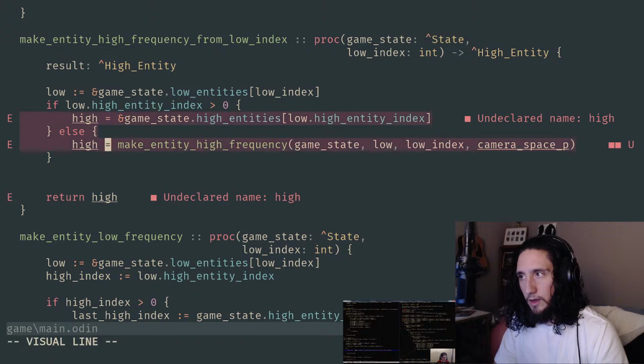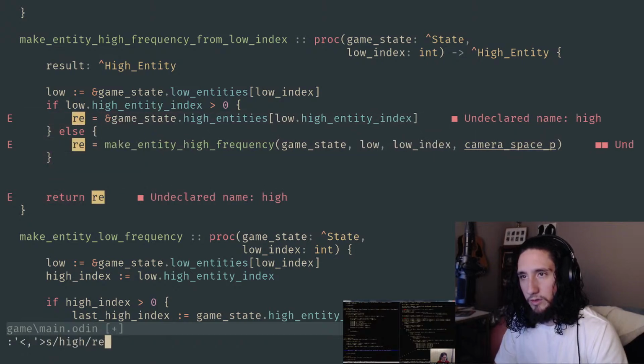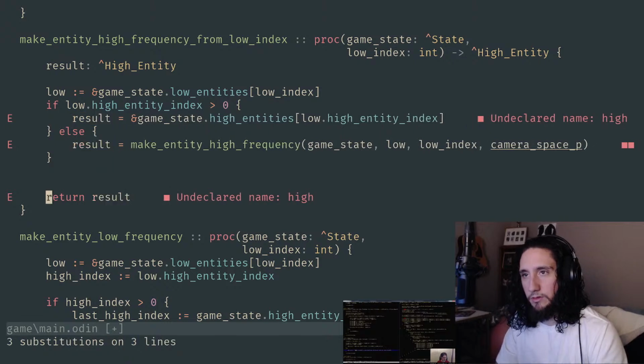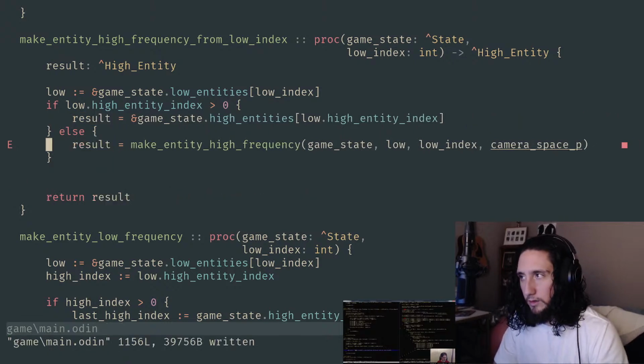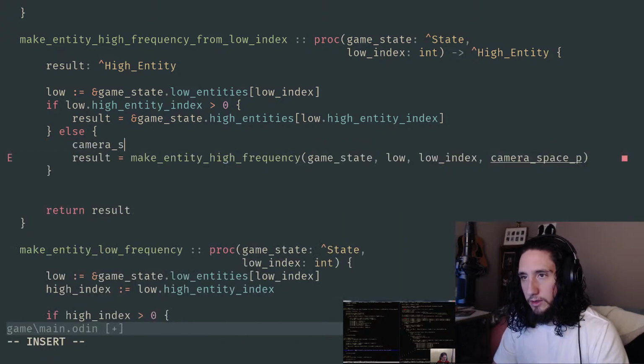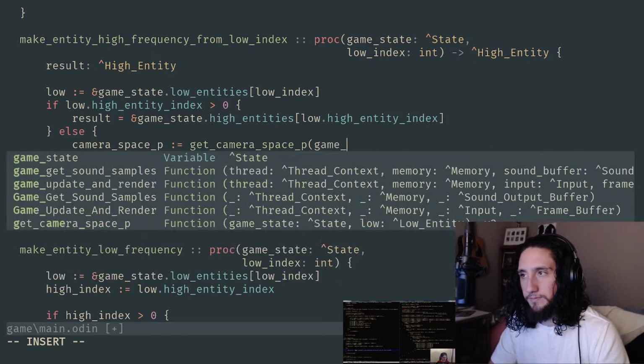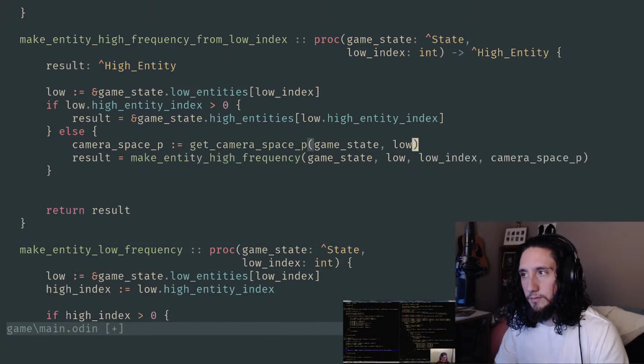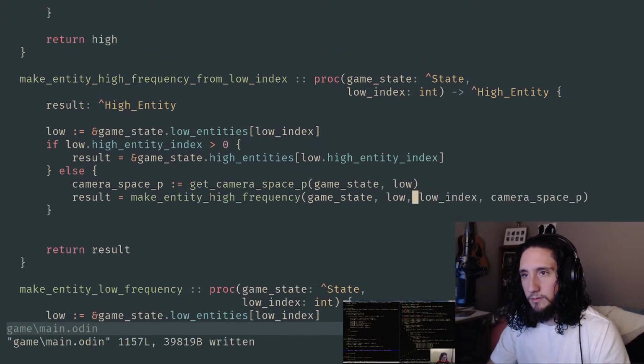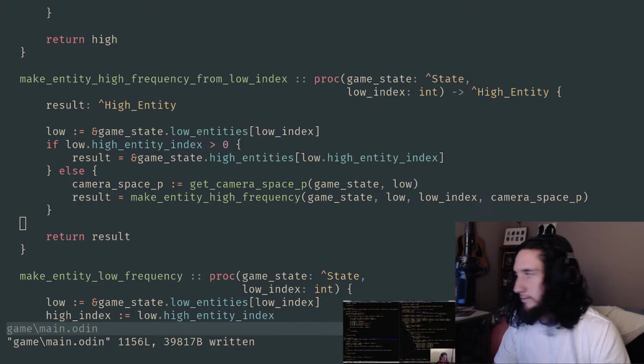And everywhere that we see high, we should say result to make it clear here. And then that's what I did wrong. I did not save that camera space P assignment. Good? Looks good. Found or made. And then this will still make it exactly as it did before.